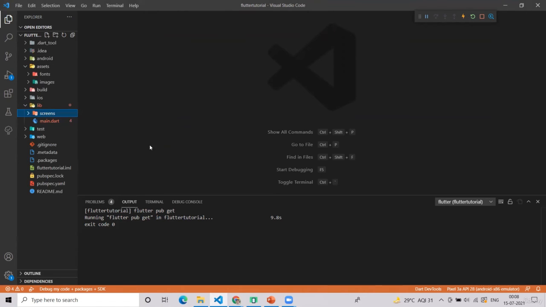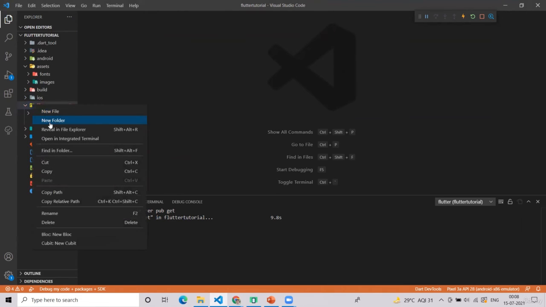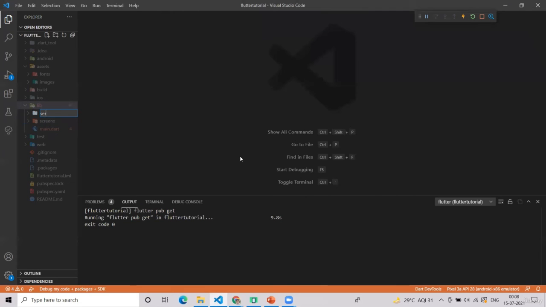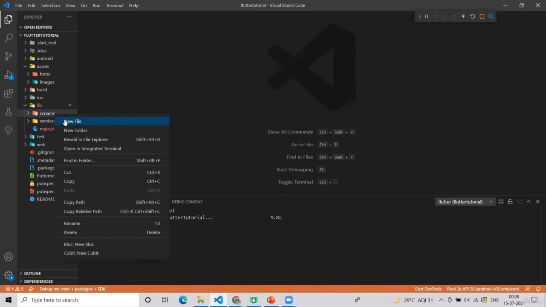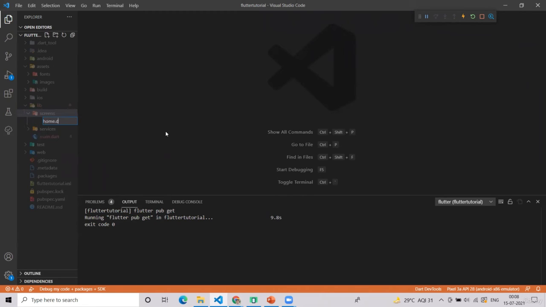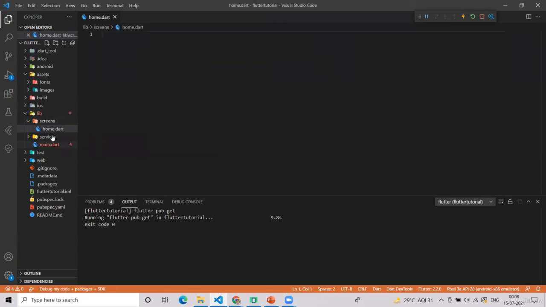First is screens and the second is services. Inside screens, I will create home.dart, and inside services I will create api_service.dart.